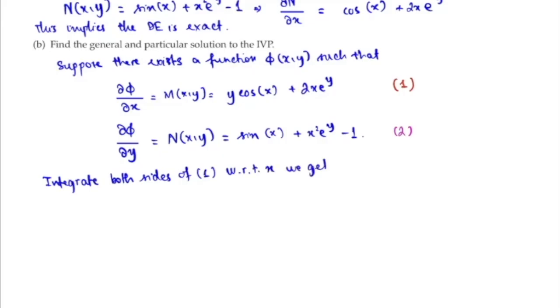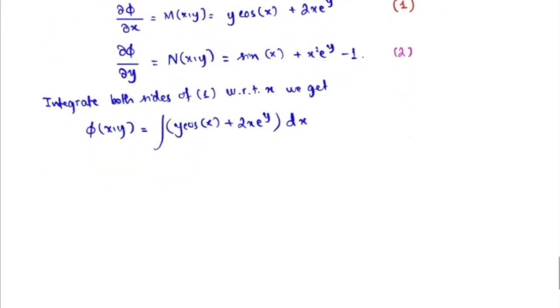We get that phi of x comma y equals the integral of y cosine of x plus 2x times e to the y dx. The antiderivative of cosine of x with respect to x is sine of x. Remember, y in this context is a constant. So you have y times sine of x